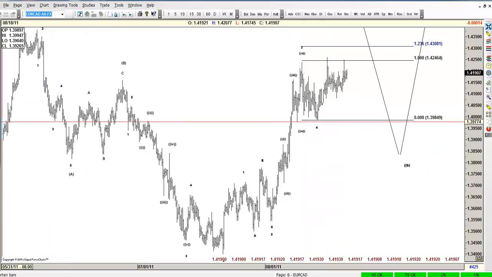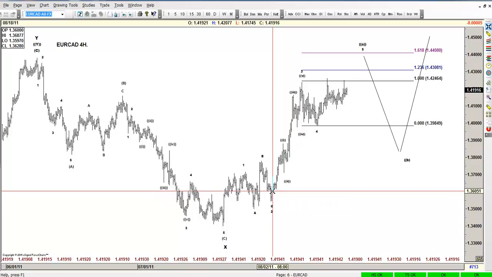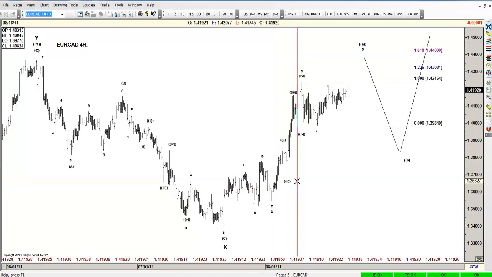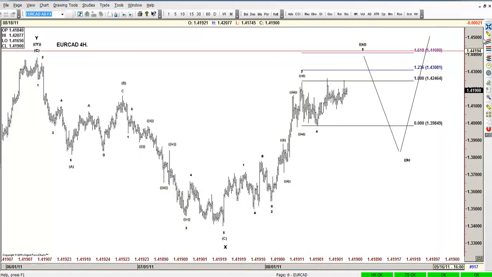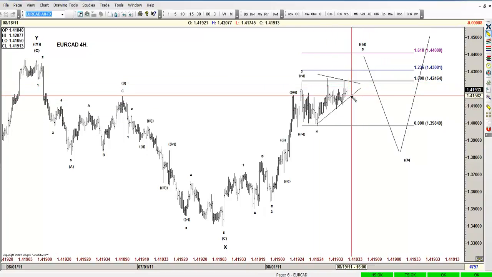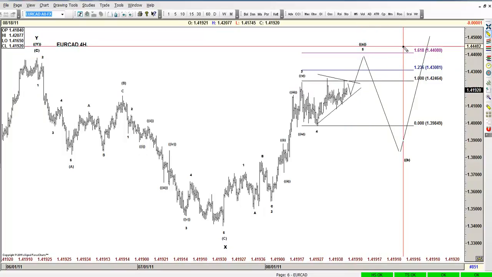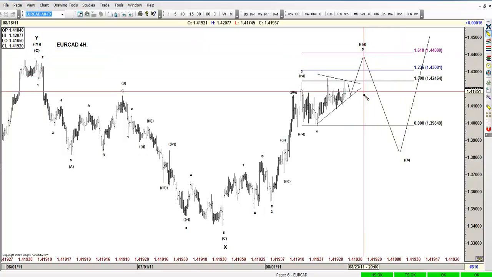Now, this is the Euro CAD, and as you guys see, I'm talking about the Euro CAD because we're following pretty close the Euro dollar, and we're following pretty close the dollar CAD. We know that the CAD is going to get weak, so technically speaking, the CAD index looks like we're doing a triangle wave 4 right here, with another leg down before a visit to around 144 area, or maybe a little small, like a 143.